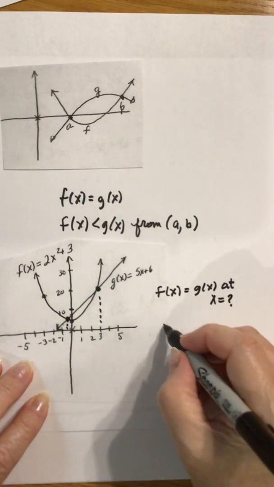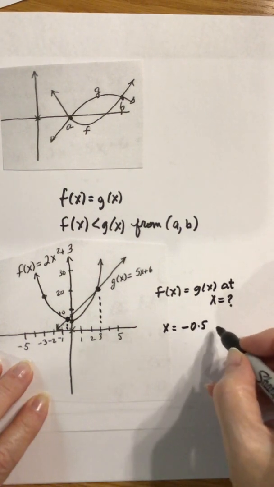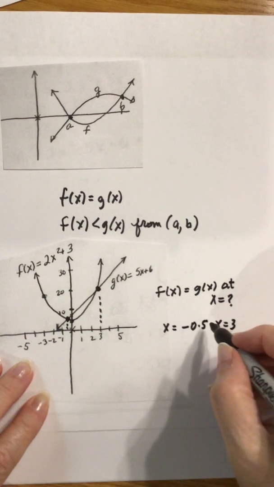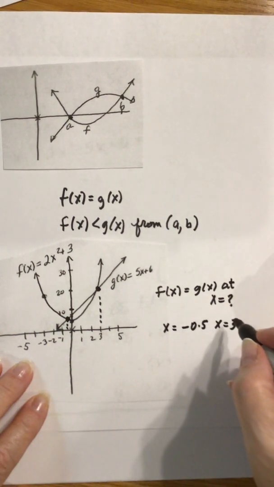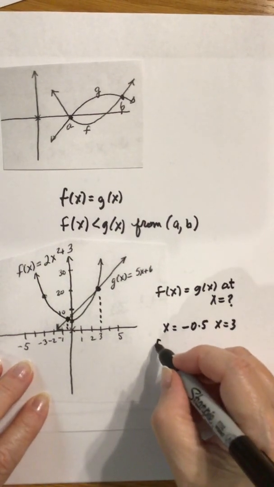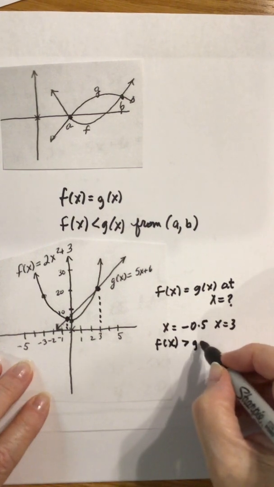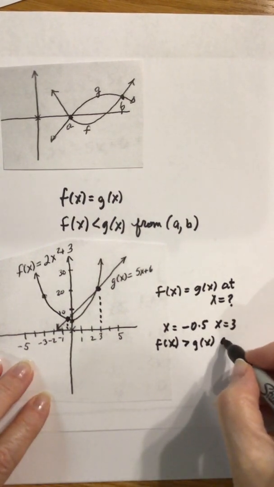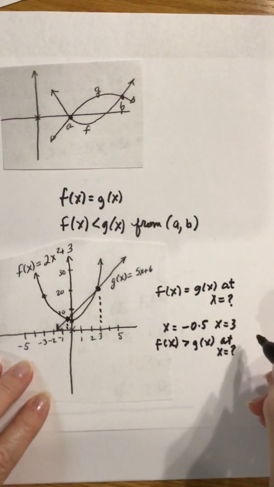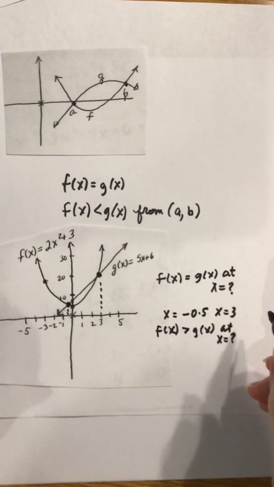Well, we know that that's going to be x equals negative 0.5, and we know that x equals 3. So they're equal to each other at x equal to negative 0.5 and x equals 3. Okay, so what about f of x greater than g of x? At what x? All right, so now we're going to look at our graph, and we're going to decide where f of x